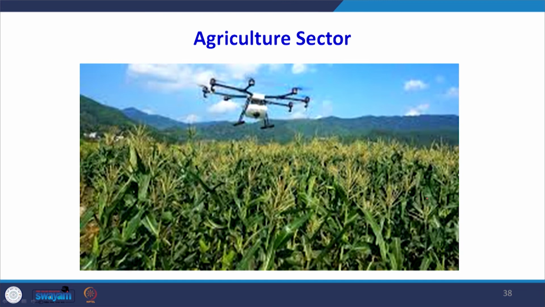There are several studies in precision agriculture also. This has a lot of applications. In a big way in the agriculture sector, drones are used, for example, for spraying pesticides in case the crop is being damaged by insects. A lot of application areas are there where drones have been frequently used to differentiate between crops, to identify suitable sites for crop growing, as well as to assess the crop yield in advance. This is very important when we are talking about sustainable development.